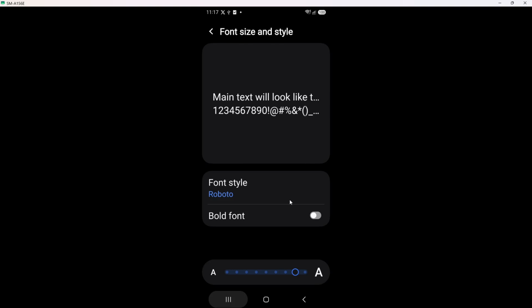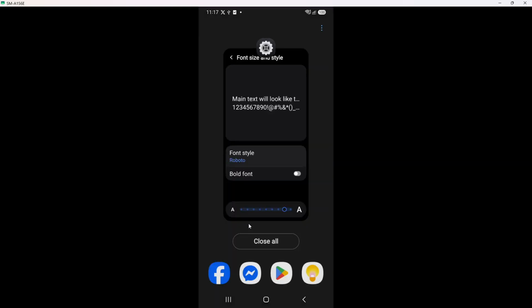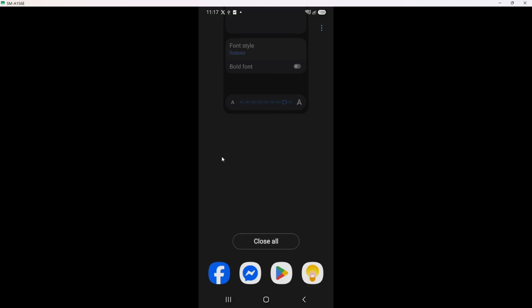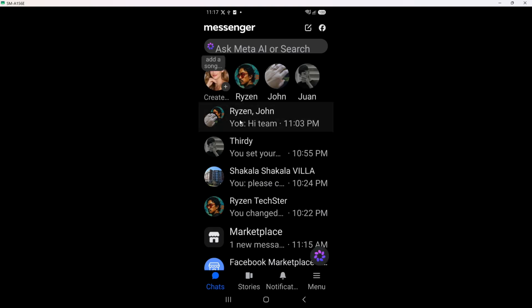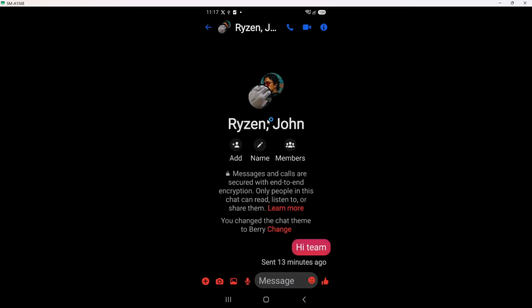There is no save button here. Every change takes effect as soon as you release your finger. With that ready, open Messenger again. Return to your home screen, then tap the Messenger icon to launch it. When your conversations load, open any chat and look at the message text. You will see that the size of the text has changed to match the slider you set in your phone settings. If you are not happy with the result, just repeat the previous steps and nudge the slider a little until the text feels comfortable.